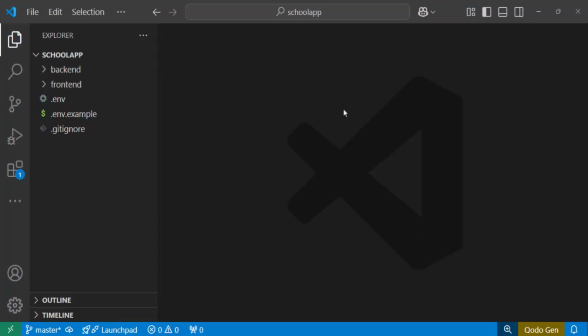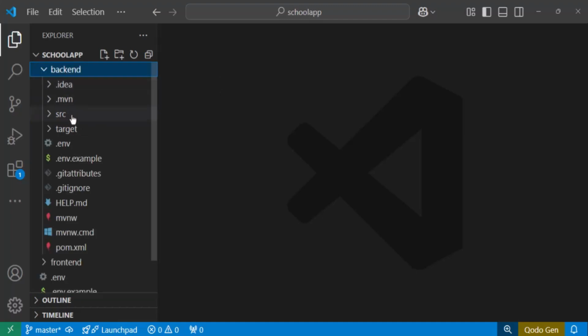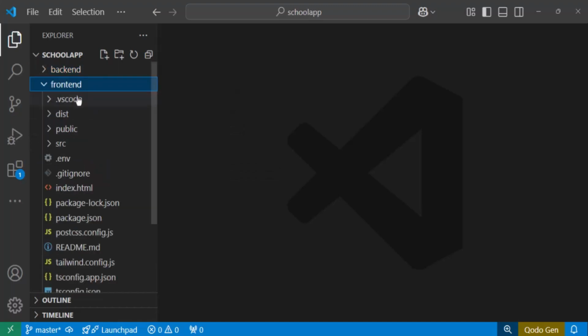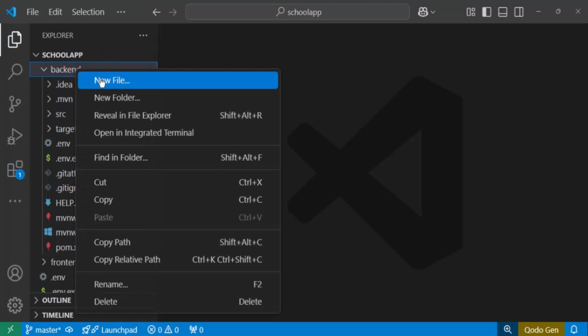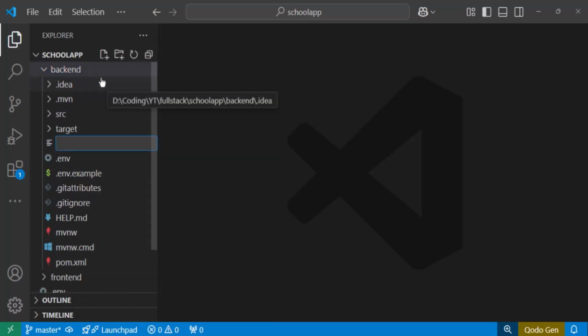Let's start by creating Dockerfiles for our project. Notice that here on the left, we do have two subdirectories within our root directory. The first one is the backend, which contains our backend project, and the second one is the frontend, which contains our frontend project. So let me go ahead and create a Dockerfile for our backend project. I will right click here and choose new file. The file name must be